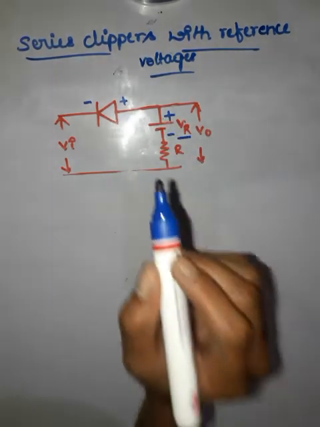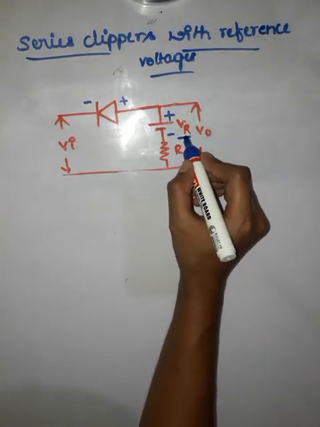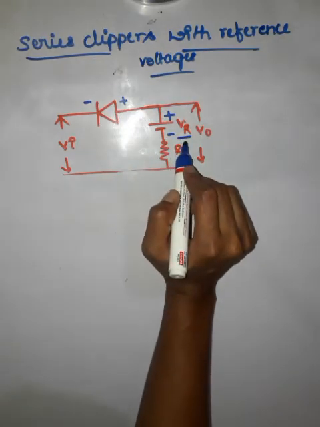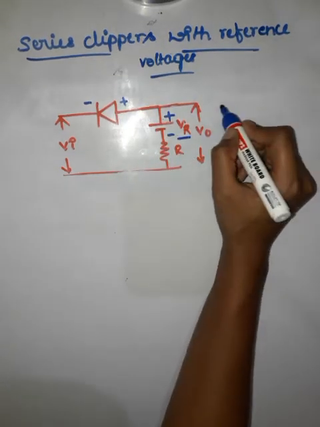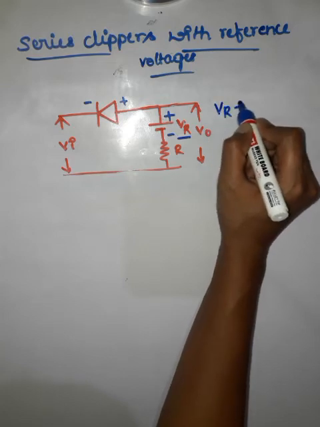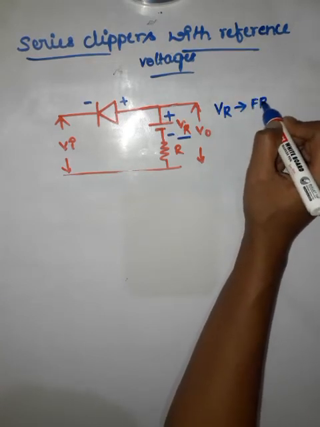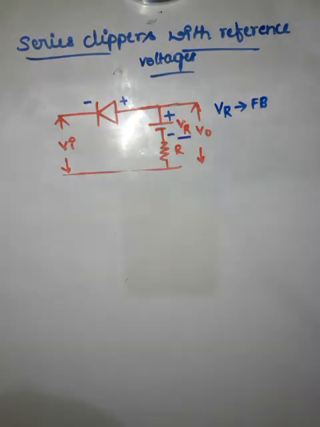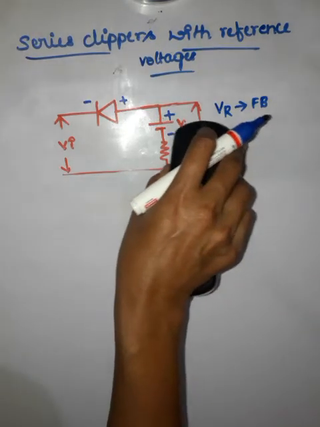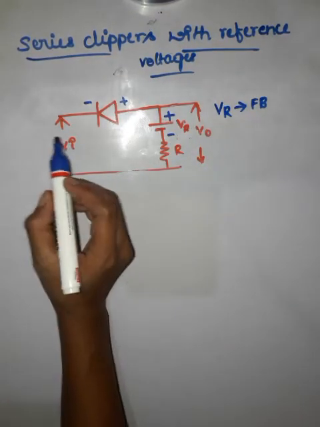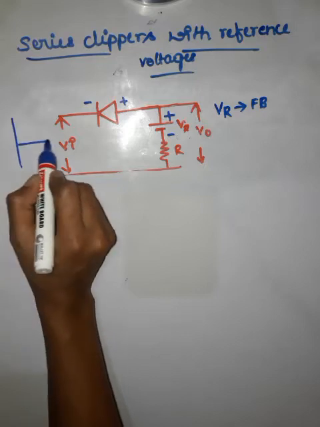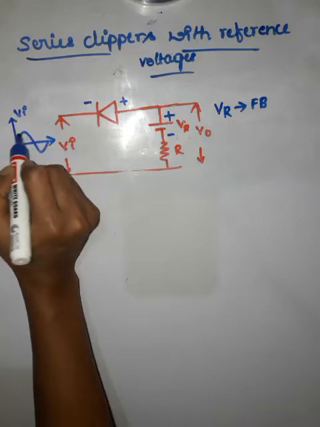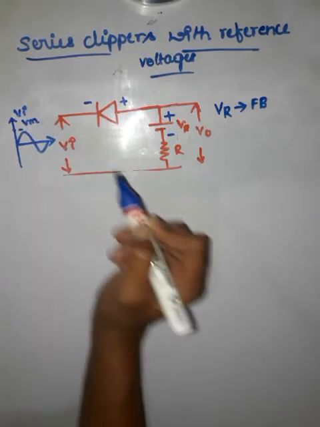So we need to identify whether this reference voltage is going to forward bias the diode or reverse bias the diode. We need to analyze that first. So this reference voltage always forward biases the diode. Once you analyze this, just neglect it. We will go for the input voltage which is applied to the circuit. For this, I am going to take a sinusoidal wave as an input, which will have an amplitude of Vm.